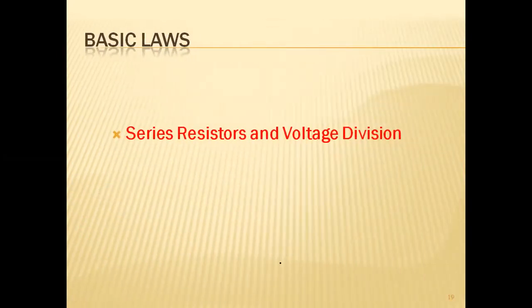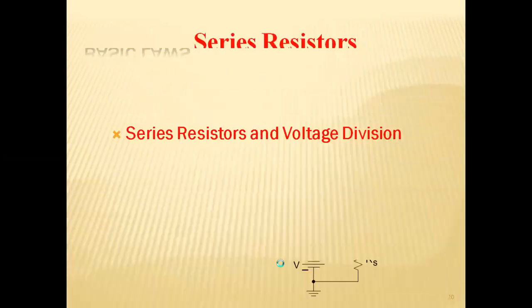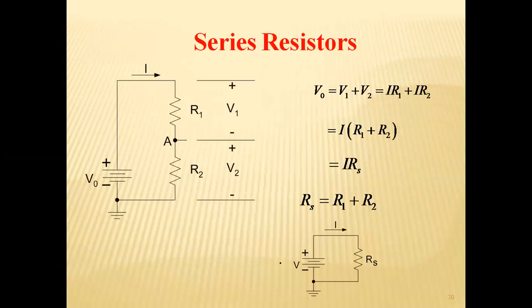Then the next part is series resistors and voltage division. For series resistors, as you can see in this figure, two resistors are connected in series, and V1 and V2 are the voltages across the two resistors respectively. V0 is the voltage source, and I is the current flowing through them. So the total voltage we have already calculated: V0 is equal to V1 plus V2,